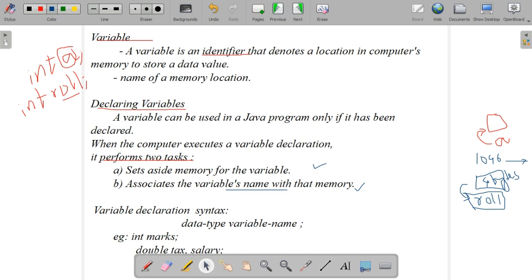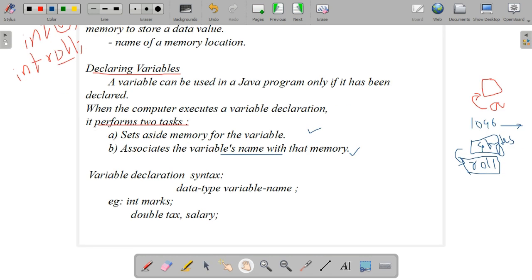The next one is the variable declaration syntax. All of you have done that and written some programs also, so it is not compulsory to write the syntax; all of you know it well. Anyway, how do we declare a variable? Just the data type and the variable name, like int a. The data type is int, the variable name is a, then a semicolon. So this is the variable declaration syntax.